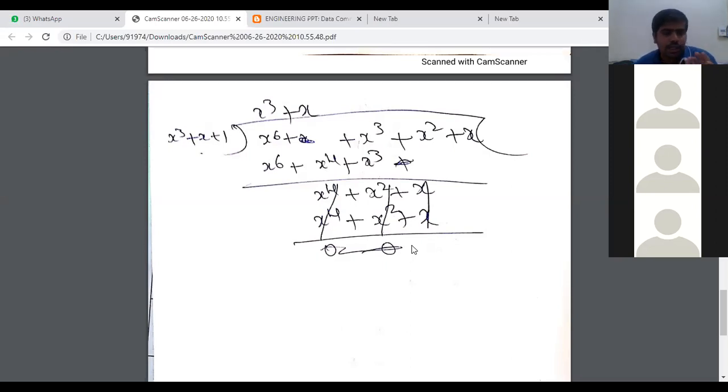Definitely here also you should get the remainder. But the only difference between the normal CRC and polynomial is that you should do the polynomial multiplication or division here. So be sure about that, because in most of the question papers, in order to confuse you, he will give the data in digital, but he will ask you to do the solution in polynomial. So in that case, you have to convert your digital data into polynomial first and then do the division operation like this. And then again, from the result you have to say whether there is error or not in the transmission. That is how you need to decide.